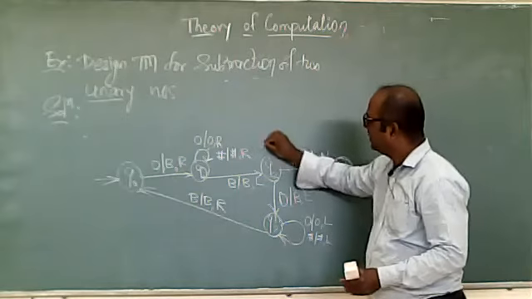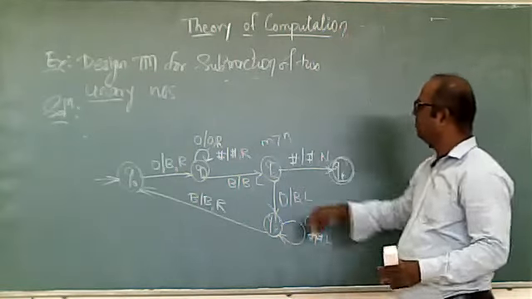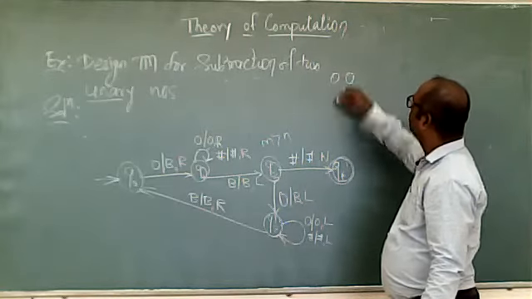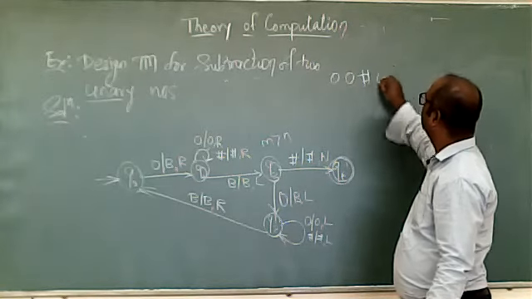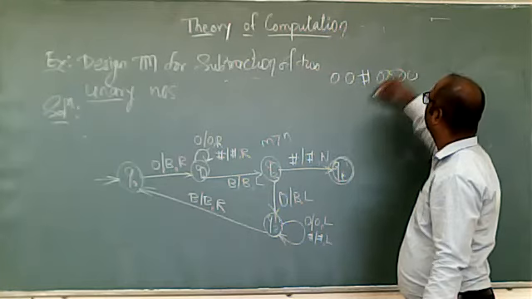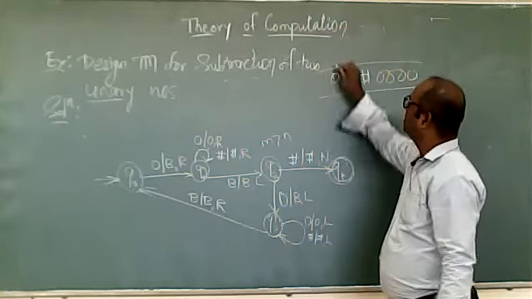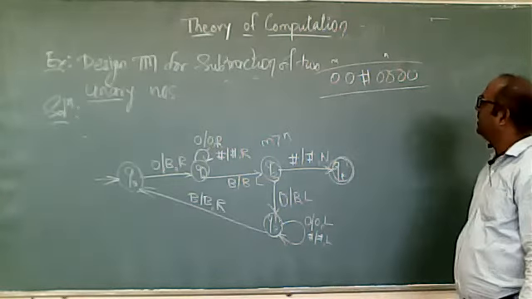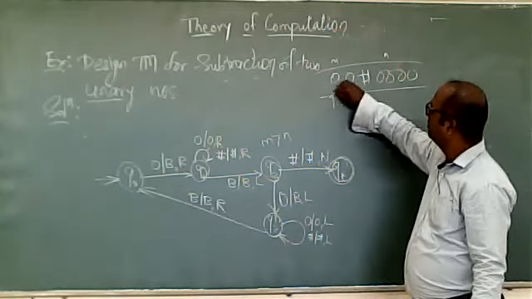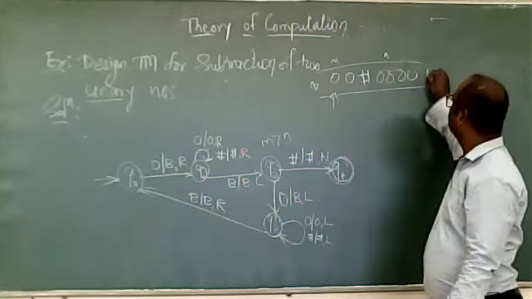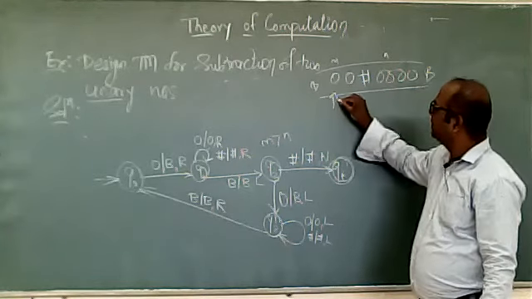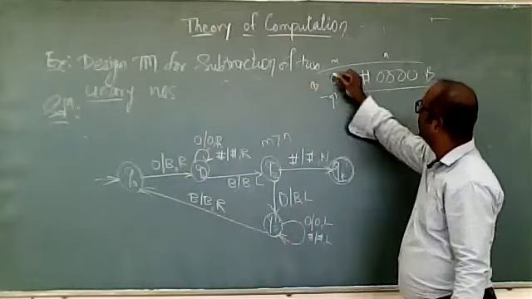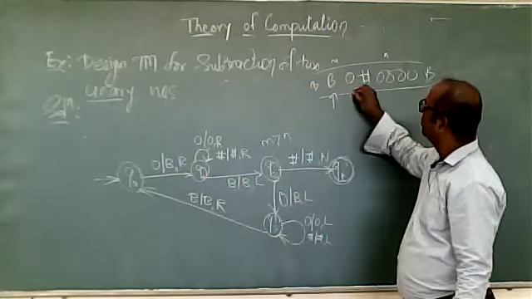So we'll check with m less than n. The earlier case was m greater than n. Now, 2 zeros, hash, 1, 2, 3, 4. This is m and this is n. Now the first number is smaller than the second number. We'll check with the same Turing machine. Blank. Head is at the 0. Q0, 0 as a blank. Make this a blank. Move right.